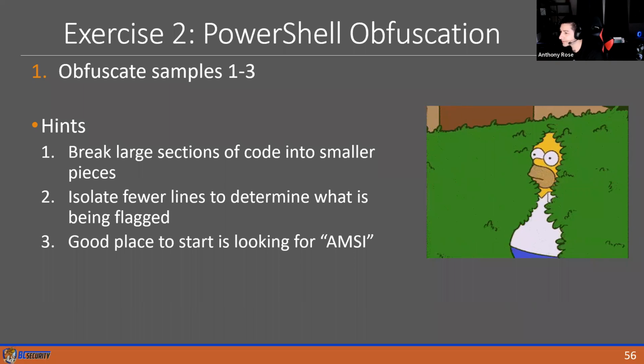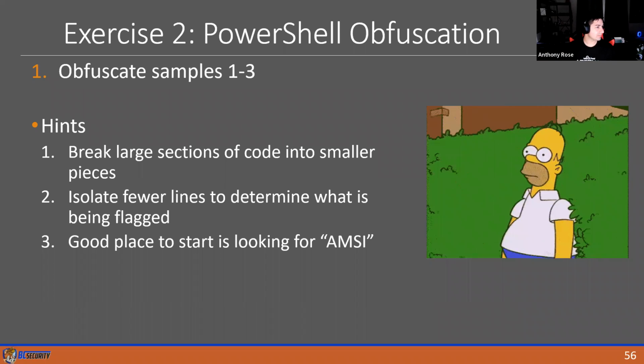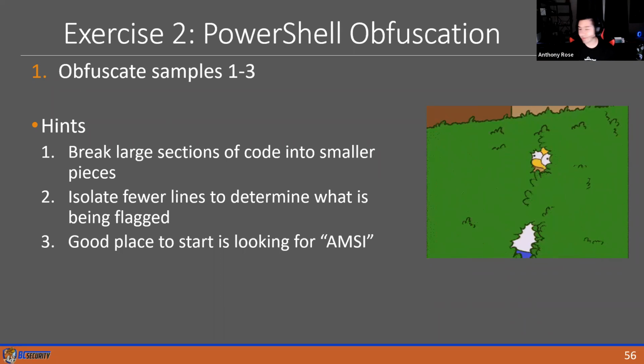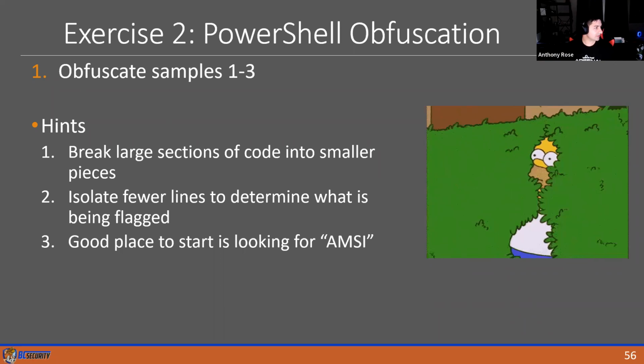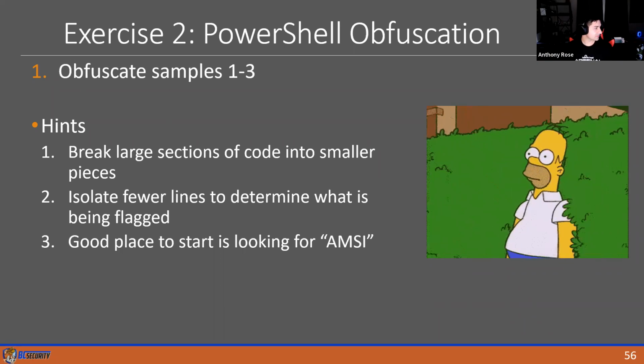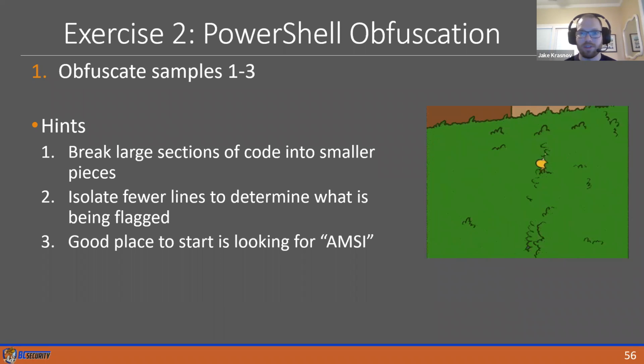Jake, probably about time to go through the next one. I know some people are asking, Microsoft has a Windows Dev VM that some people have downloaded to do the exercises. Yeah, so the easiest way